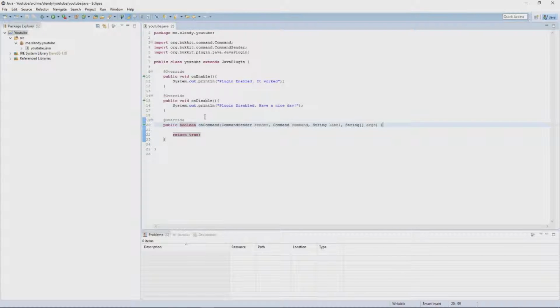So basically, what we're going to be making is, if you type a command, or if you type the command /YouTube, it's going to say hi YouTube. So we're going to say if, which is a Boolean statement, which can only return true or false. So if